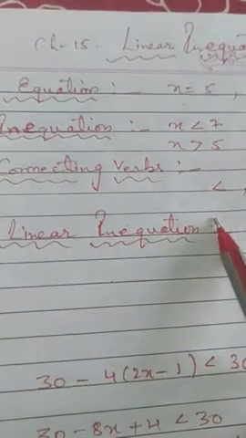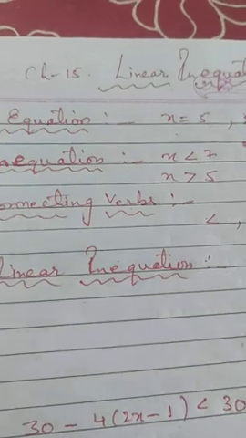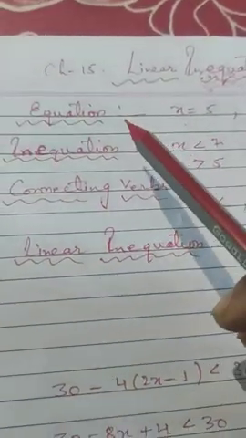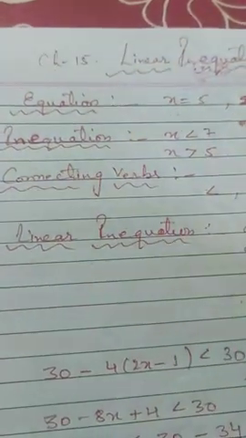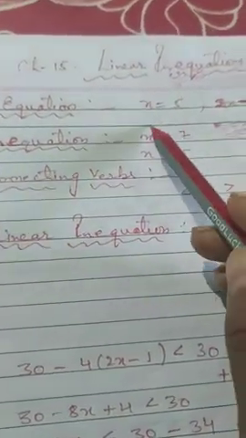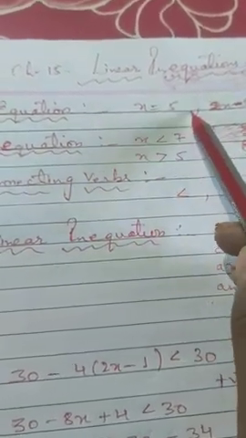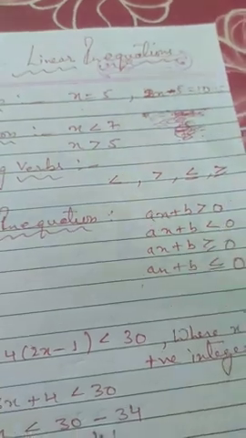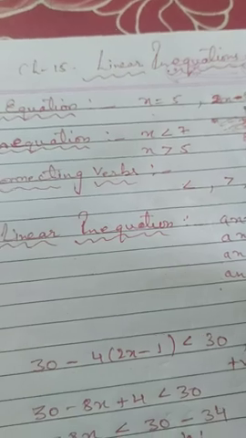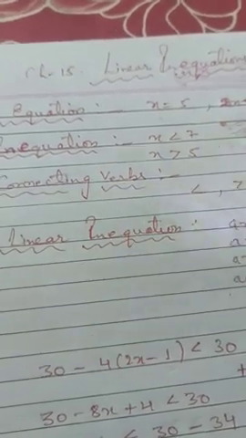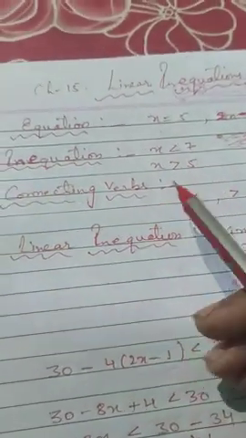Children, we have finished up to chapter 14, right? Now going to start chapter 15, that is linear inequations. Okay. Now first of all understand equation. What is equation, children? Statement which says that one thing is equal to another. x equal to 5, 2x minus 5 equal to 10, etc. Many examples you can take. 3x plus 5 equal to 2. Like that we can make many such expressions.